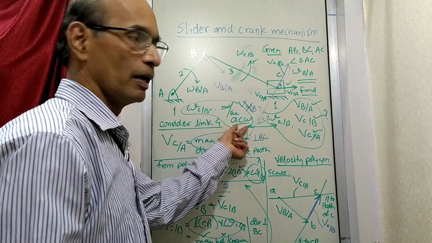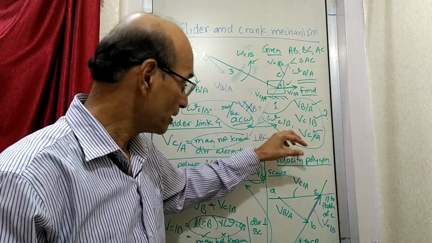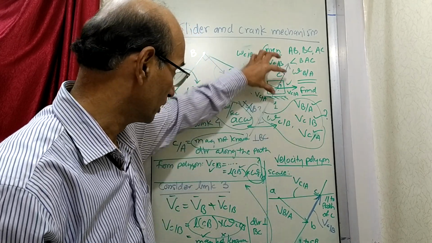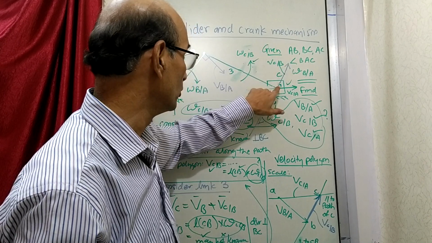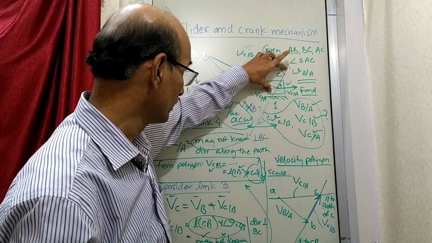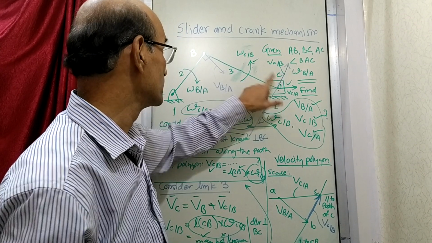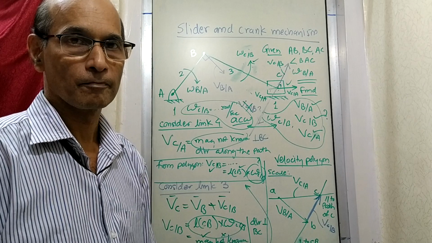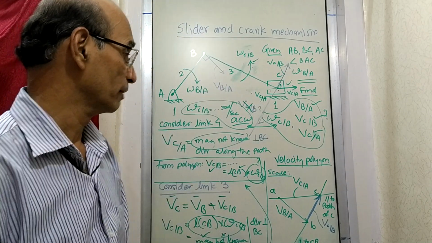Magnitude this much and direction is anti-clockwise. How did we find out anti-clockwise? By putting this vector here, such that its tail will be at C and the head will be there, because this is the vector, and that vector is called the velocity of C with respect to B. It is at C and you are looking from B. Why are you putting it here? Why not here? Because that is what we have done all the time.